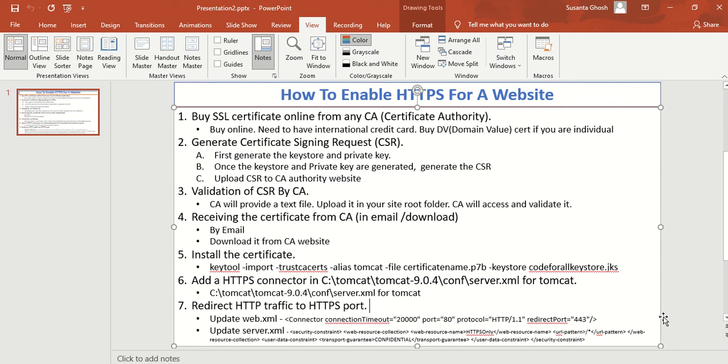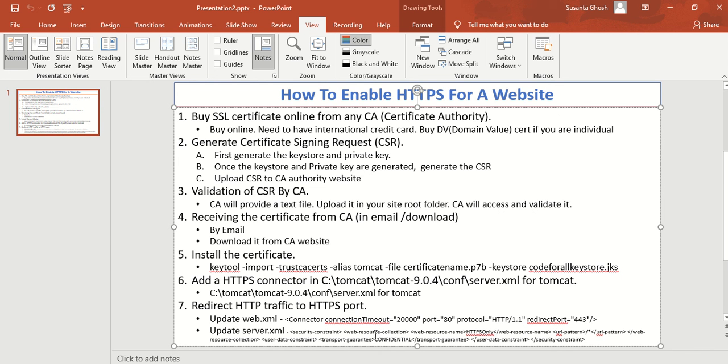To do that, at least for Tomcat, you need to make an entry into web.xml, and you need to update your server.xml. If you do these two, all the HTTP requests which come to your website will be redirected to HTTPS.